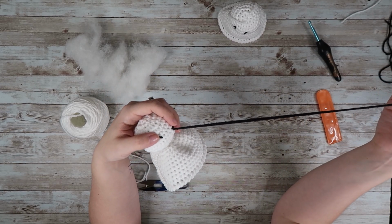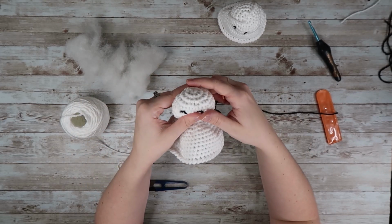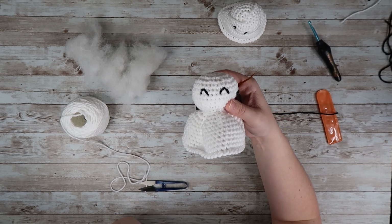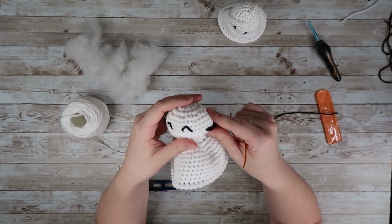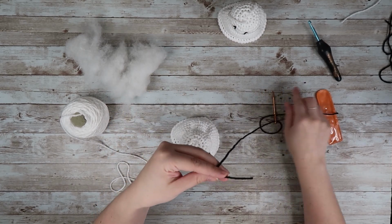And don't pull too tight or you'll squish his head together. I have done that. And that's why I don't fill it with polyfill all the way when I first start, because it makes it easier to go across his head. So then I cut my yarn,